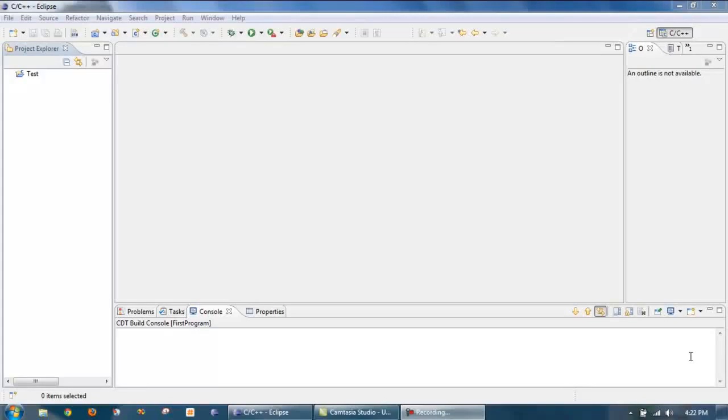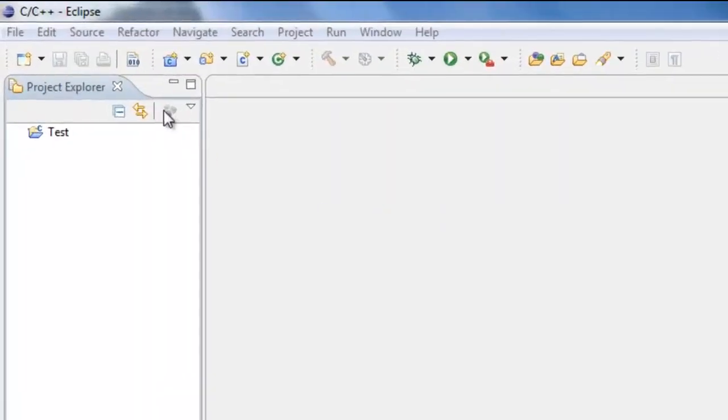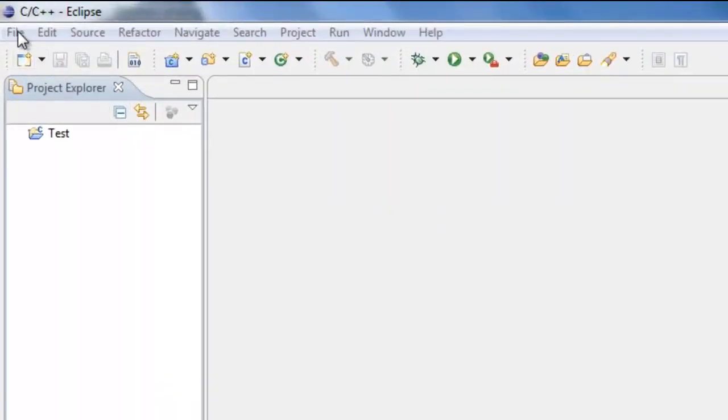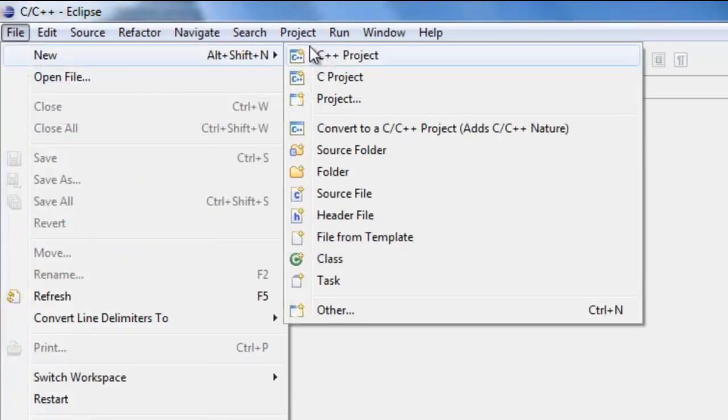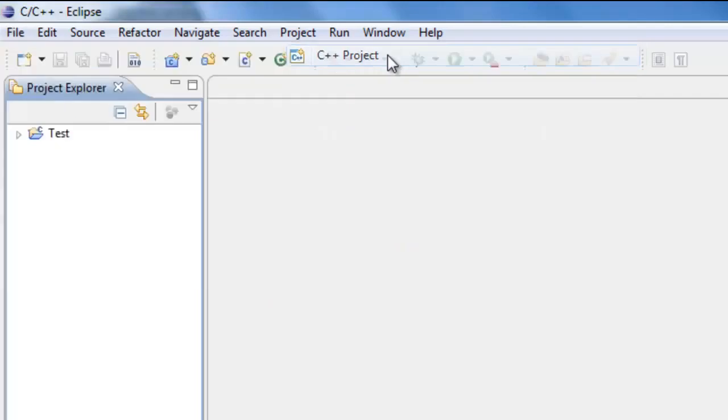Okay, so let's take a look at creating our first simple program in Eclipse. Since Eclipse is project-based, all the programs that we construct have to be associated with a project. So the first thing we need to do is actually create a C++ project. And we can do that by going to File, New, and then coming over here to C++ Project, left-clicking on